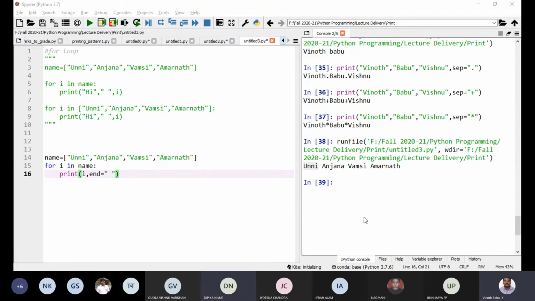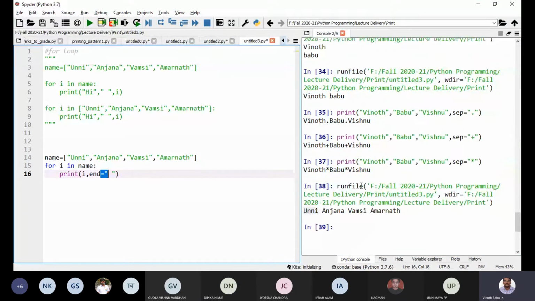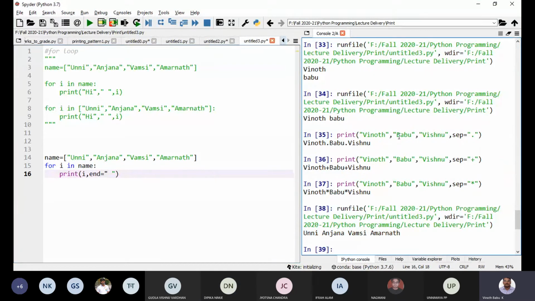So what if we add separator instead of end? It will work the same. The separator is different. See, separator, here you just notice the difference. I have multiple print statements. Between each print statement, I want to add a dot. I am just separating the print statements.